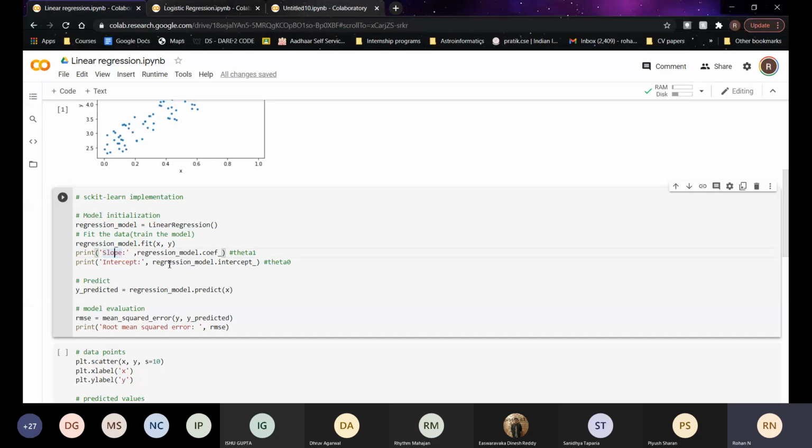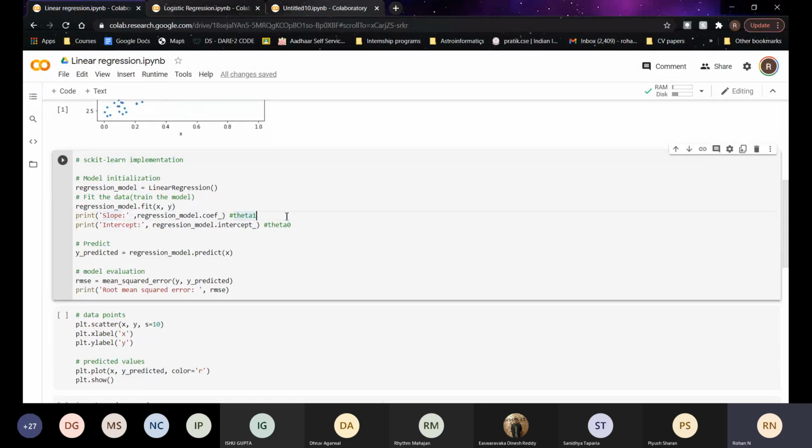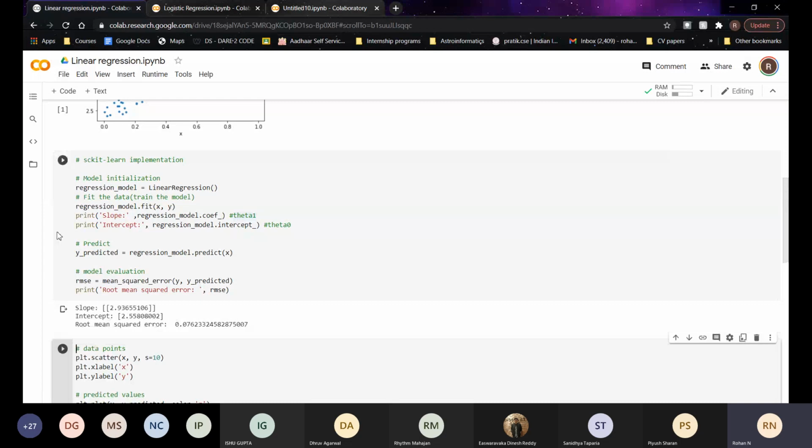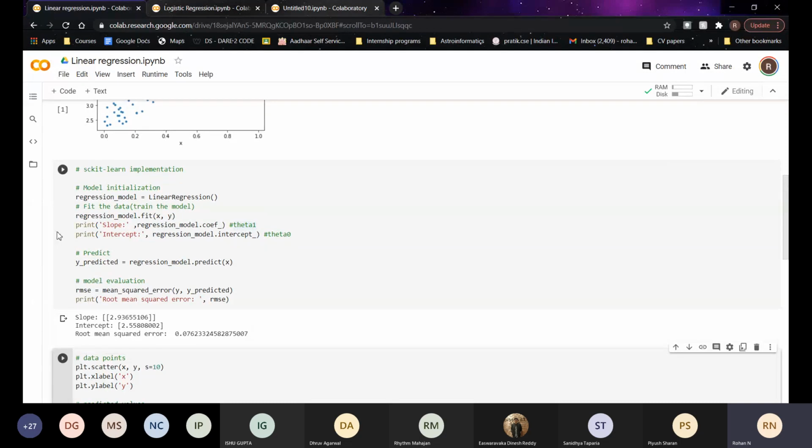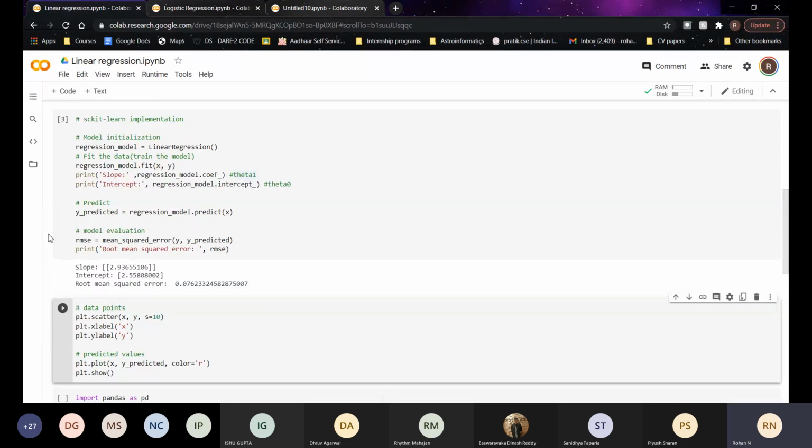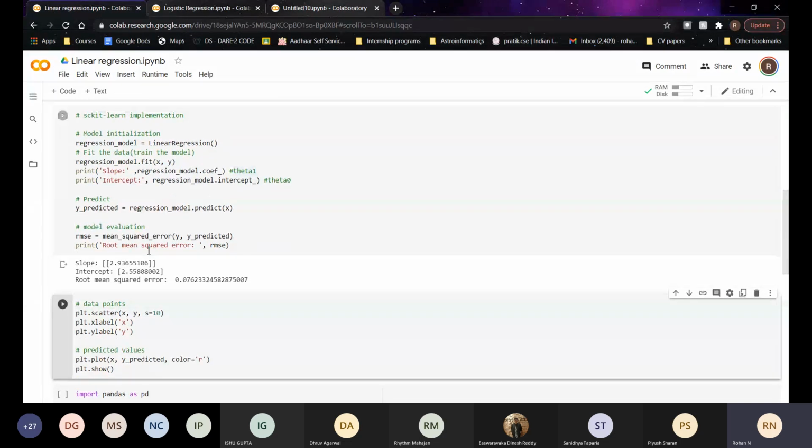Let us see it. It has found our best fitting line, which has a slope of 2.9 and an intercept of 2.5. I'll comment on those values more shortly.